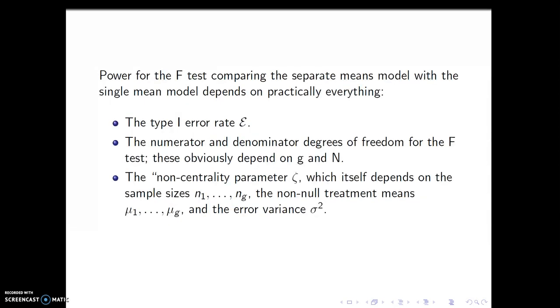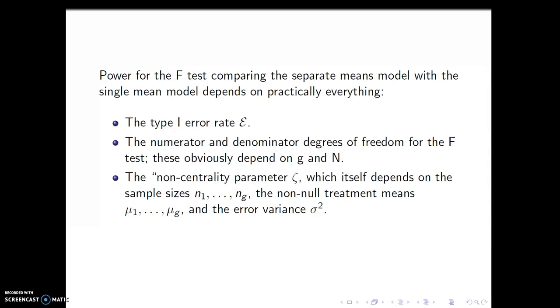Okay, power for the F-test, and what we're talking about here is that global F-test that we use in that ANOVA, okay, that we've been looking at a lot. So that F-test for comparing your separate means model with the single mean model depends on practically everything. It depends on your type 1 error, which we set, okay? But it also depends on your numerator and denominator degrees of freedom. What is G? What is N? What is G minus 1? What is N minus G? Okay, and what effect does that have on your distribution for the F,